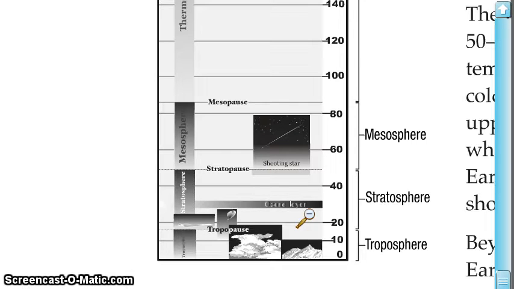Next, we have the mesosphere. With the mesosphere, this is the area where we get shooting stars coming from. As they come from outer space, when they reach this layer of the atmosphere, they start to receive a lot of friction from the air molecules in this layer, and they start to actually burn up. So things like meteorites actually burning up in the atmosphere, and that's causing this layer of the mesosphere. So that's an important layer protecting the Earth.